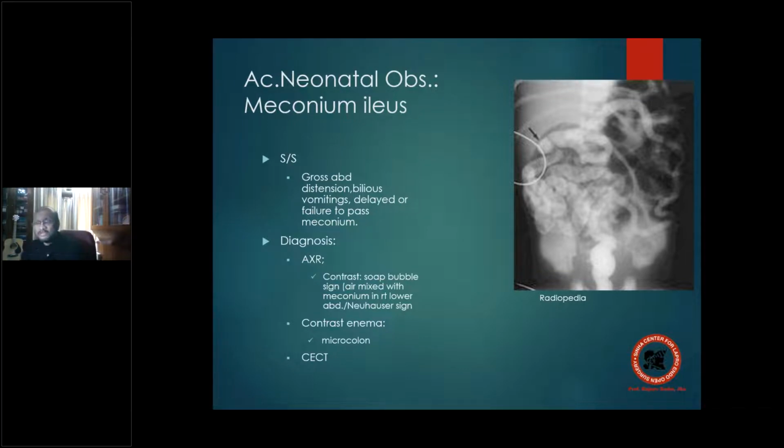Because remember, one of the most important stimulants for any bowel growth is the luminal content. If no content is reaching the colon, it remains in a collapsed state, doesn't develop, and that is why you have a microcolon. What's going to happen in meconium ileus? The block at ileum. So nothing reaches the ascending colon, nothing reaches the transverse colon, nothing reaches the descending colon right from birth. So that part of the colon is all in a microform, so microcolon, and can also be diagnosed on the basis of a contrast enhanced CT examination.